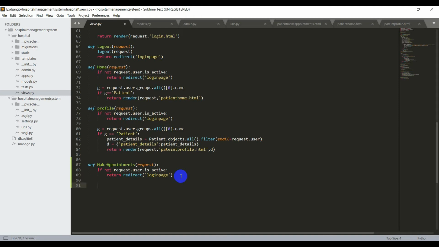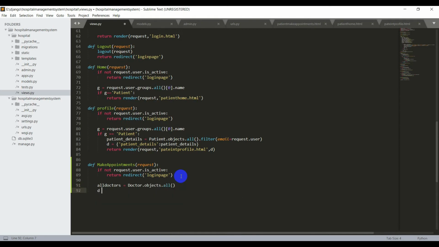So to make an appointment, we need a doctor. So to view the doctors in the template, we need to send the data to the template. So first I need to get all the doctors list from the database. For that I'll say all_doctors is equal to doctor.objects.all. This gets all the doctors, and now we need to send this to the template.